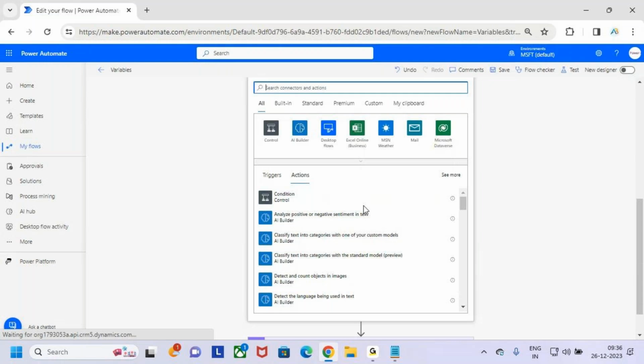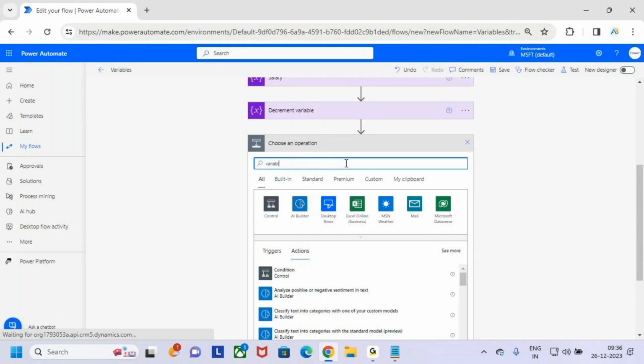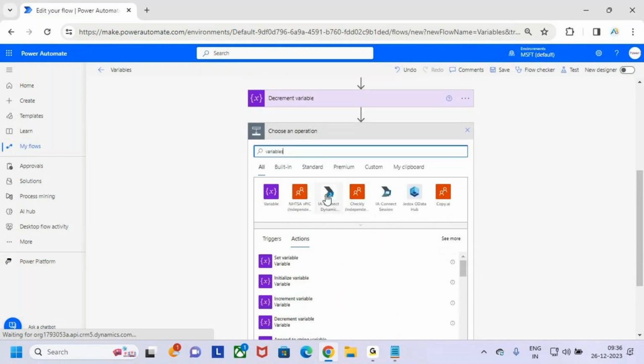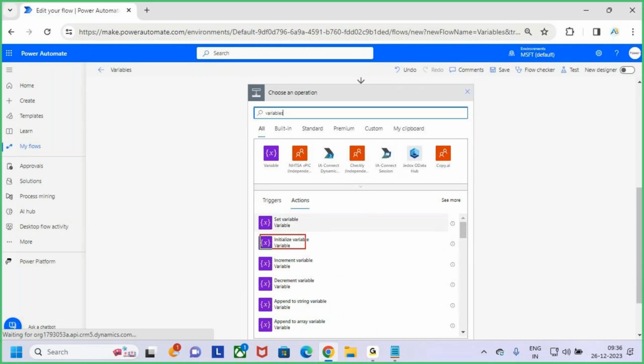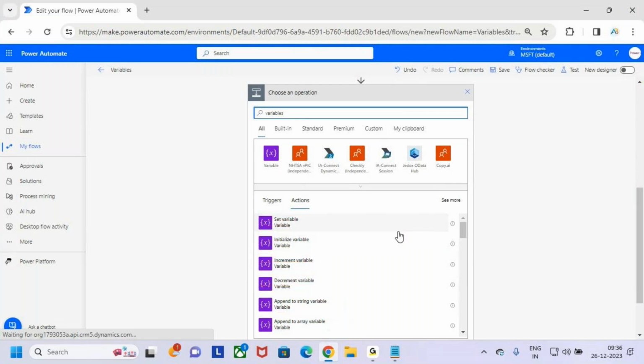Till now we discussed initialize the variable, set variable, increment variable, decrement variable, append to a string variable. Next, we need to discuss append to an array variable. Before discussing append to an array variable, first of all,